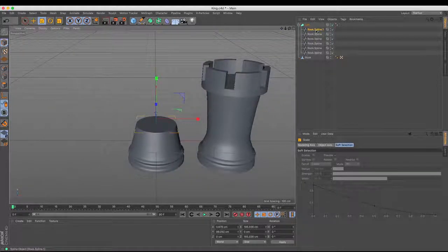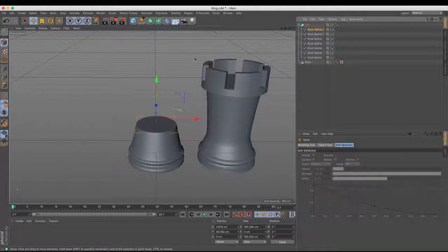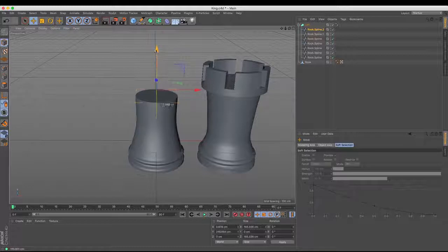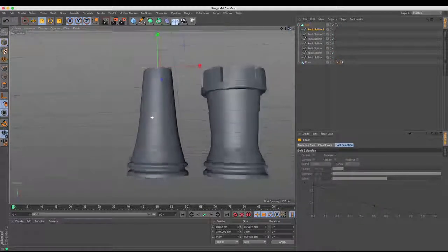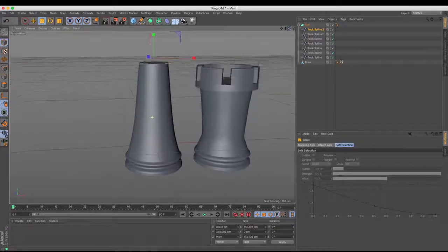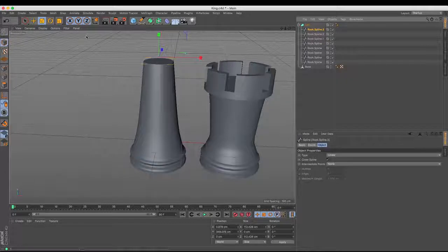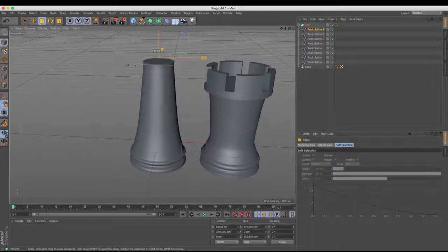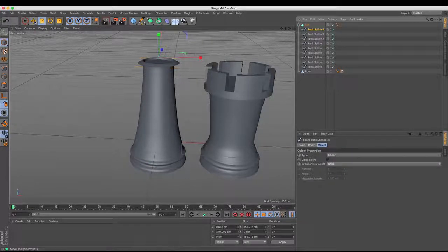So I'm just going to create another one, drag and drop, move, and then using the green arrow, just go straight up. And that way I know that I'm working in the way I want. I'm going to shrink that down as well so that you get that nice steep line. Okay. And then create another one, and this time I'm not going to move it up, I'm just going to scale it out, and you can see that it gives you a little bit of curvature. And now if I move that one up,